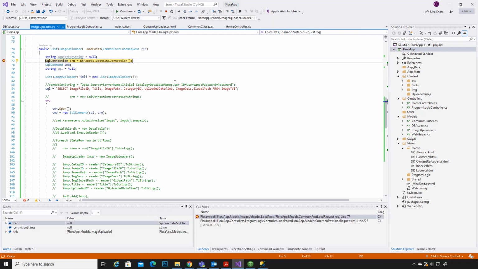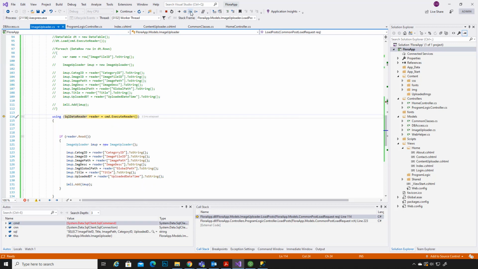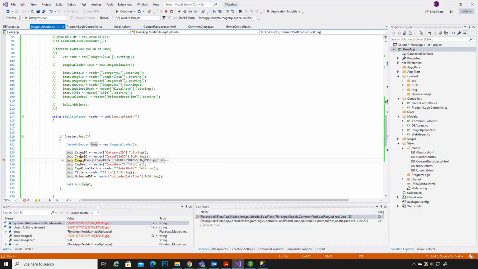If we try to debug this, we can go here. Okay, now here is the part. You can see we have now entered the reader. When we look at the image ID, you can see this image ID is returned.